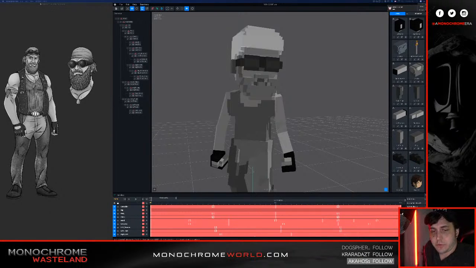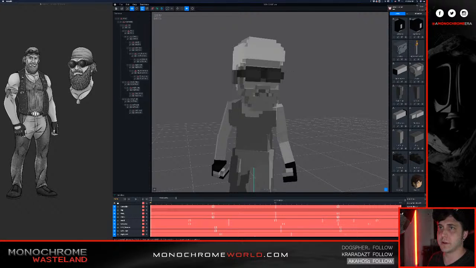This is round 2 of the monochrome stream where we are making our scout character. And we're going to pretty much pick up right where we left off. However, we've made a slight change to his goggles here. If you'll remember,